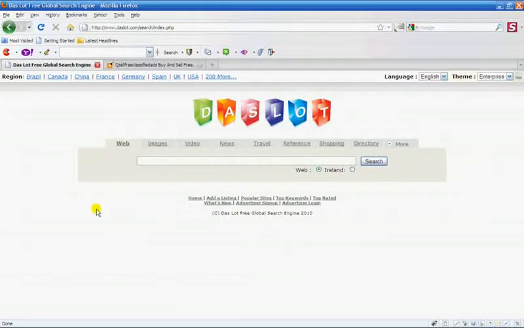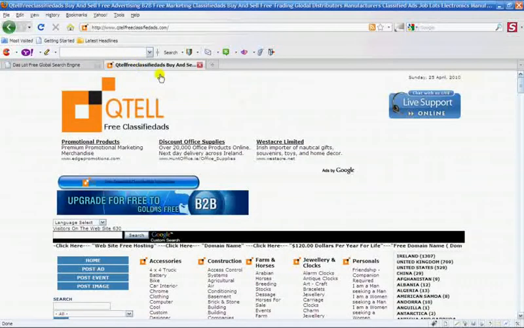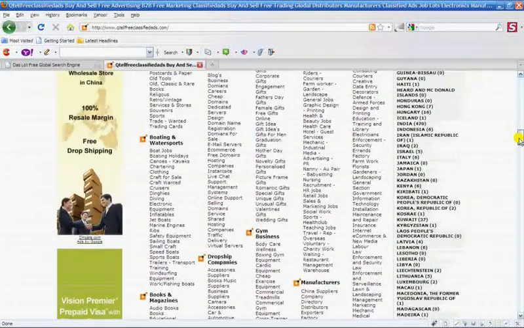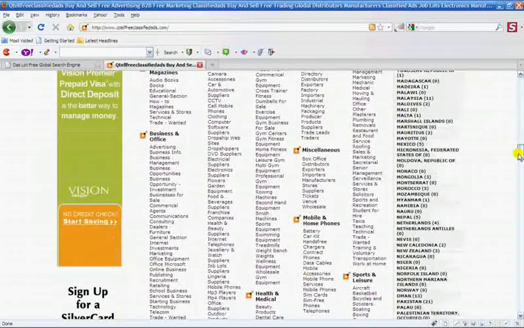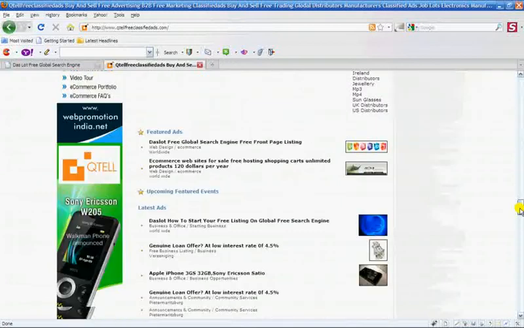Now I'm going to cover two areas here. One, if you have a website already up on search engines, or if you don't have a website and you've just made a free classifieds here. So basically I'm just going to cover the free classifieds, and it will explain the domain websites which are listed already. So as you can see, you've come back to the classifieds website and you can see the advertisement